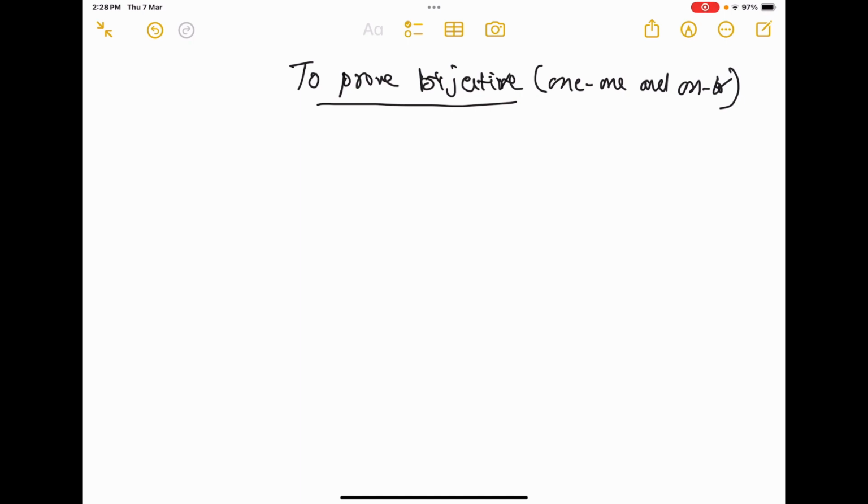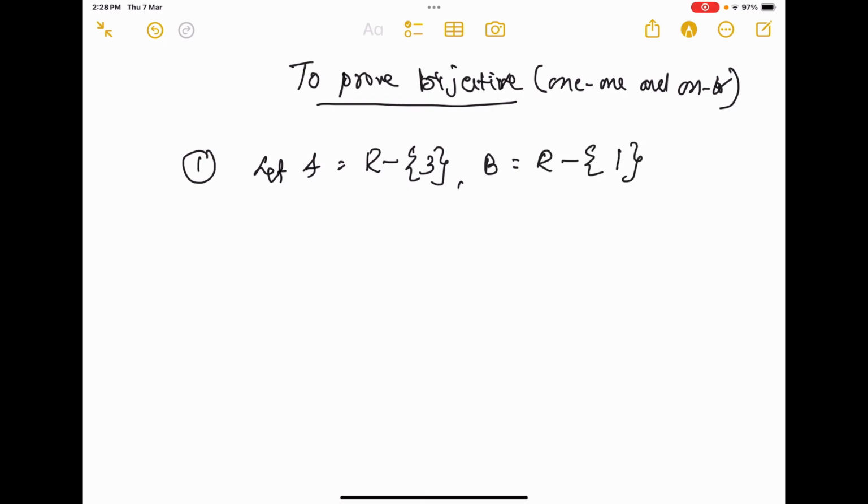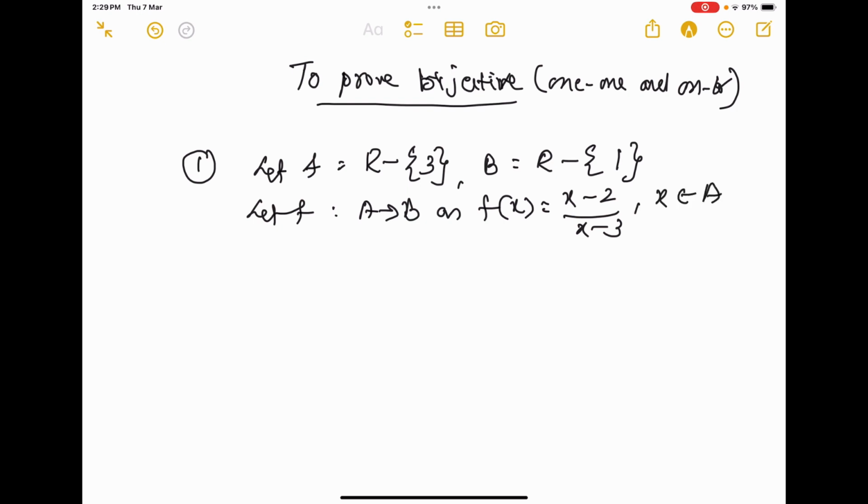Question: Let A equal to R minus {3}, B equal to R minus {1}, and f from A to B defined as f of x equal to (x minus 2) by (x minus 3), x belongs to A. Then show that f is bijective. Bijective means 1-1 and onto. So answer,